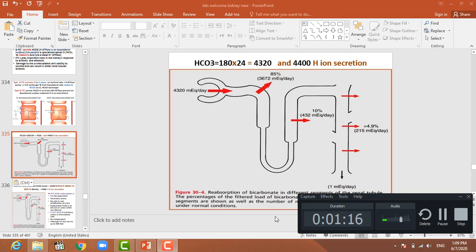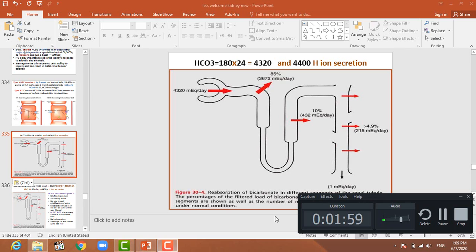On one side, we are studying bicarb reabsorption. On the other side, we are going to study the hydrogen ion secretion. Now, the primary function of the kidney is to reabsorb all the bicarbs. These kidneys can excrete the hydrogen ion as it is, but it's a very small amount. And these kidneys can also produce new bicarbs. Whenever there is acidosis,